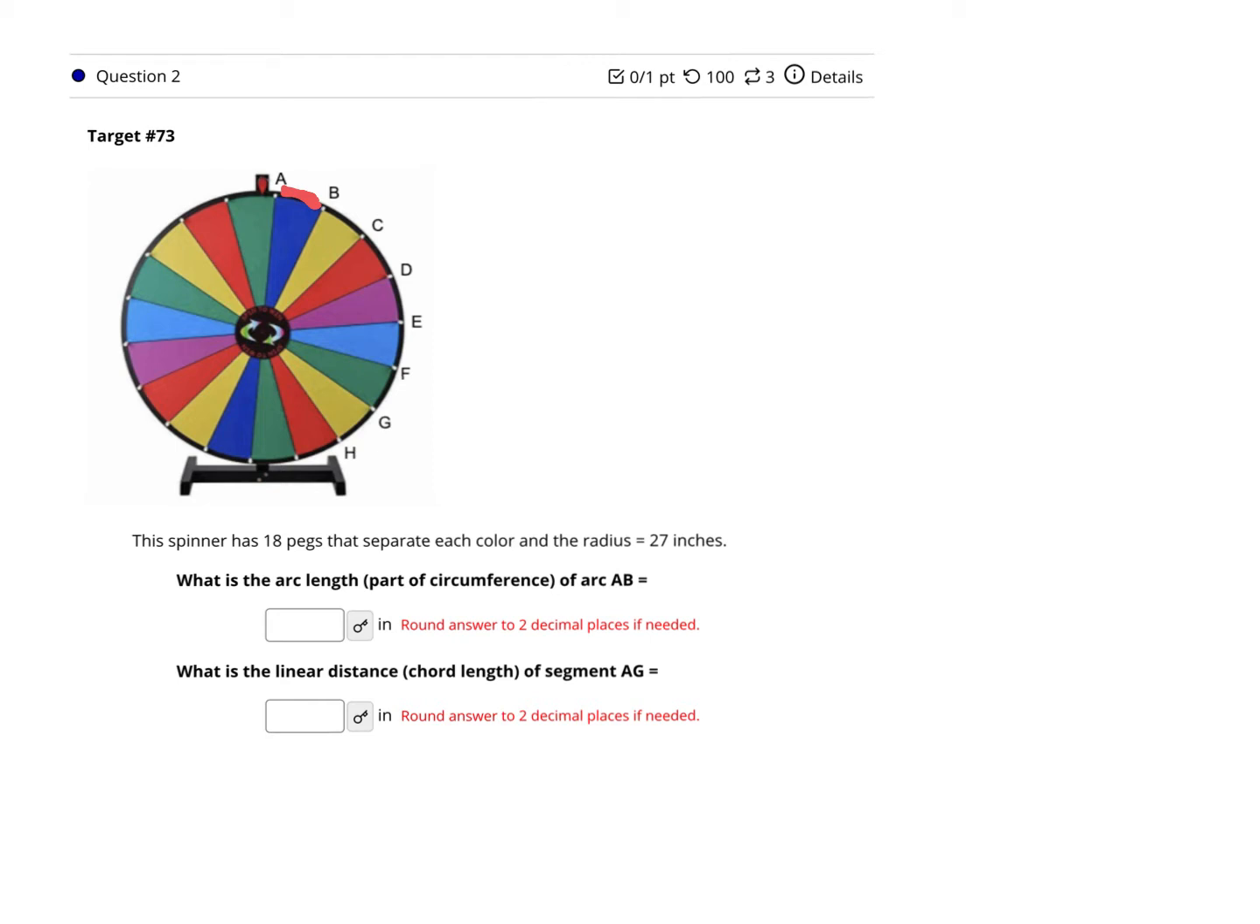The first thing I have to do is figure out how many degrees each one of these separated colors are. The arc measure, not the arc length, I'm sorry. To find that out, I just have to take 360 and divide it by 18, because there's 18 pegs that go around. So when I do 360 divided by 18, that gives me 20. So each one of these is 20 degrees, and so on. In this case, I only have one of these slices, so I'm just going to use